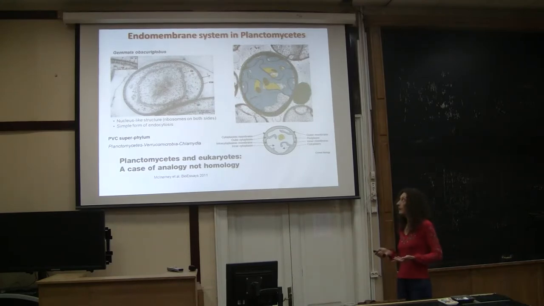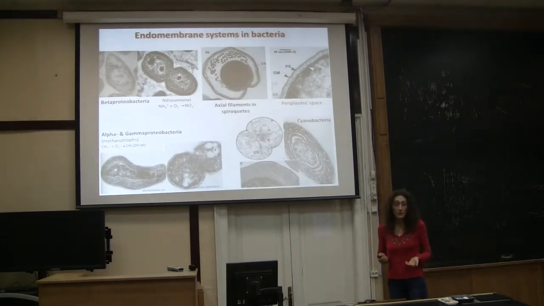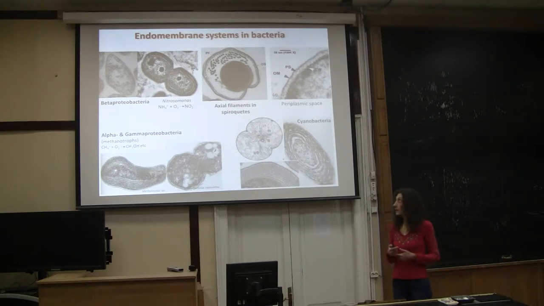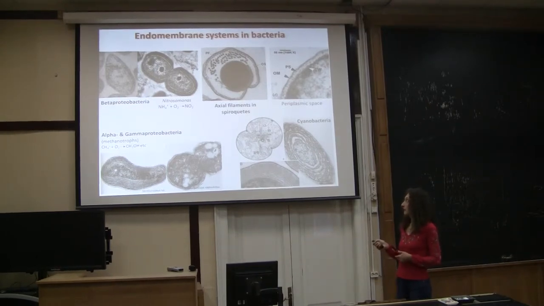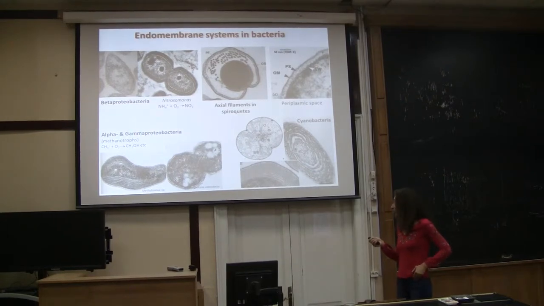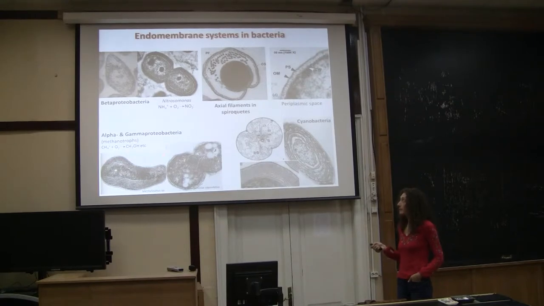Okay? Actually, the formation of endomembrane systems in bacteria has been known for quite a long time. So you have here several examples of bacteria containing endomembrane systems, such as some beta proteobacteria that are oxidizing ammonium, or alpha and gamma proteobacteria that are methanotrophic,